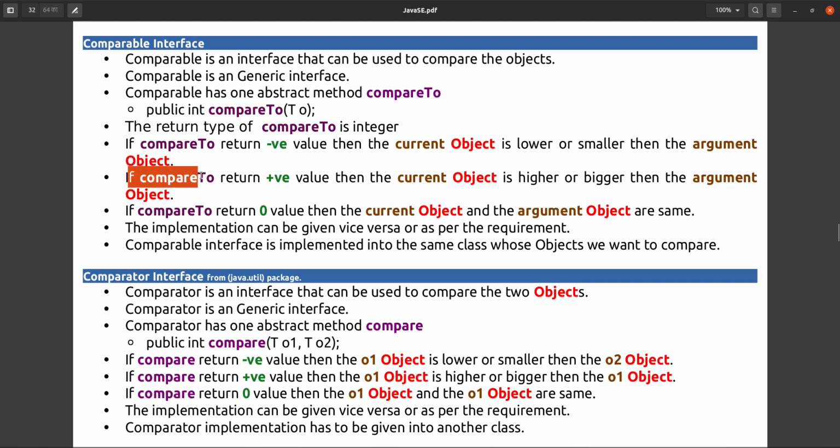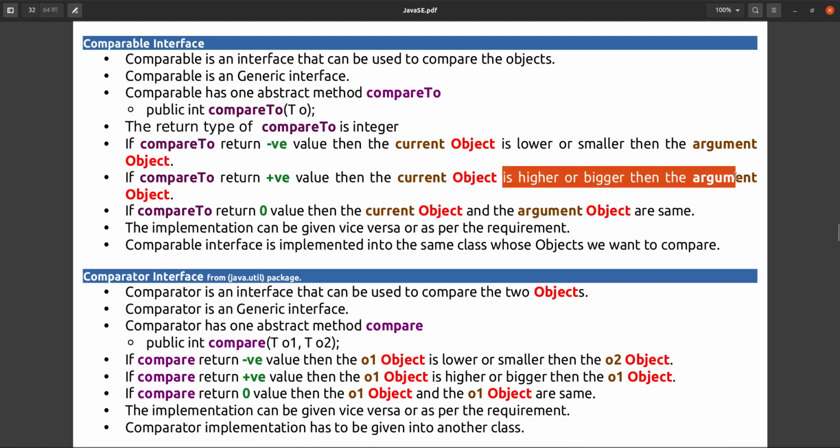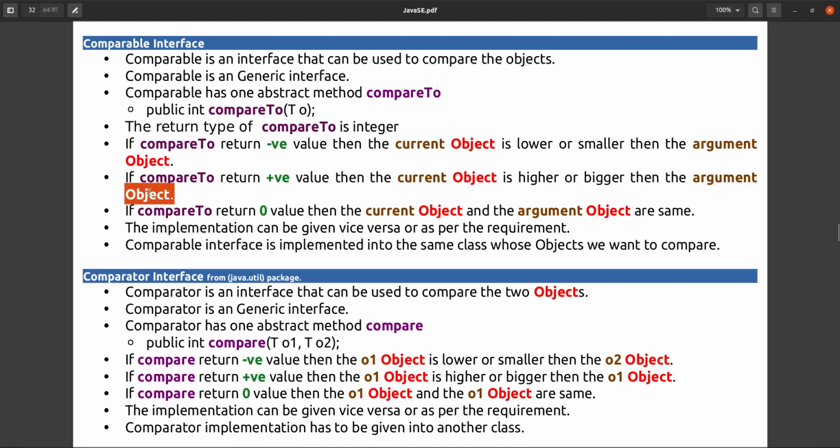If compareTo returns a positive value, then the current object, the one on which you are calling compareTo, is higher or bigger than the argument object.